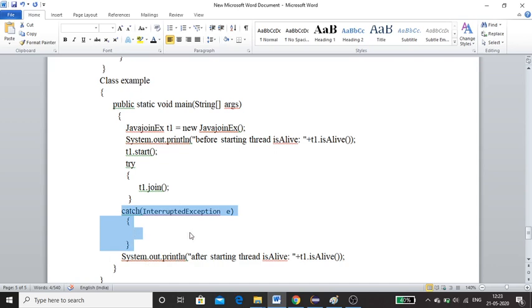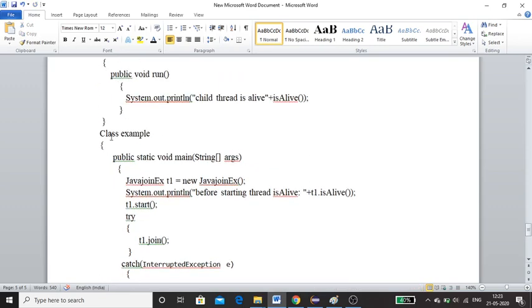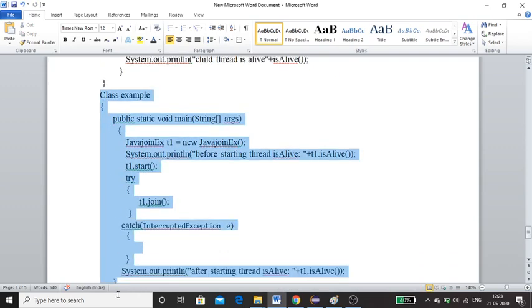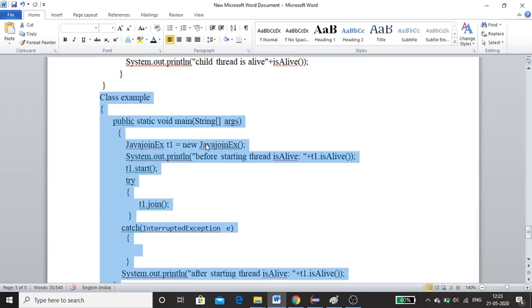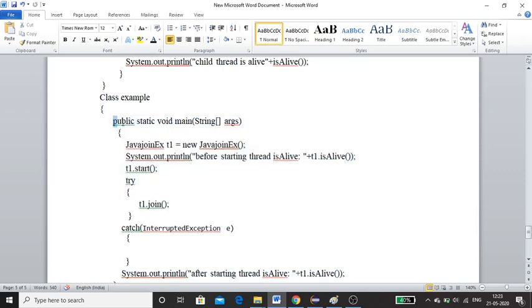If you want, you can write System.out.println and e, and that time you'll get some message. At the end, I'm printing some message and checking whether the thread is alive or dead. Now, who will execute this particular main? A default thread, or main thread. There will be one default thread, the main thread, that will execute this particular void main. So it will execute this line as well as this one.